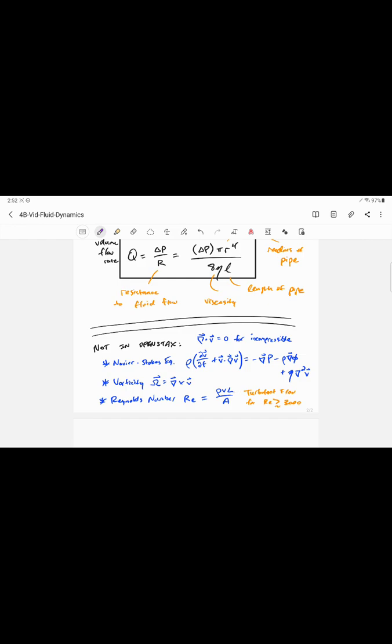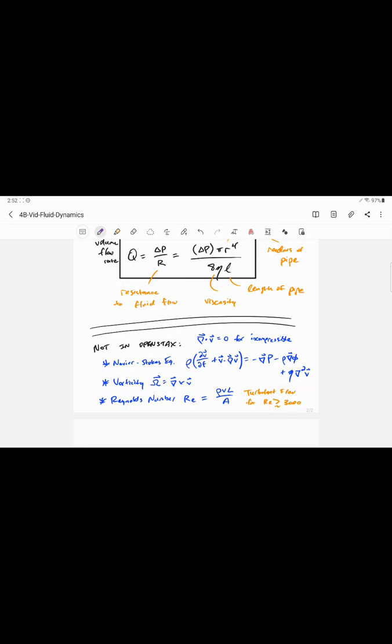Then finally, I was talking about the difference between turbulent and laminar flow. This is a dimensionless parameter called the Reynolds number, which distinguishes which regime you're in. This is for a pipe, but you can compute it in general as well. It involves the density of the fluid, the velocity of the fluid in the pipe, and the length of the pipe divided by the area of the pipe. You can get a rough idea of what this Reynolds number is. If it is much less than 2,000, you have laminar flow. Low Reynolds number means laminar steady flow. But a really big Reynolds number, bigger than around 3,000,